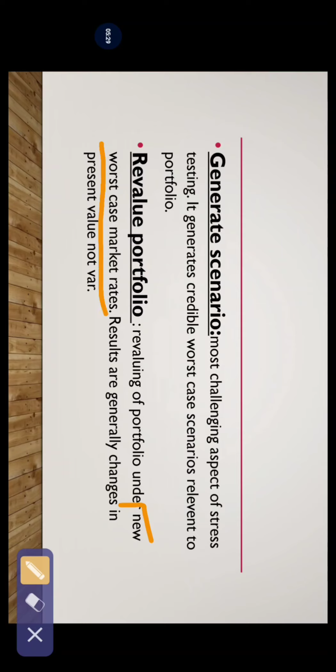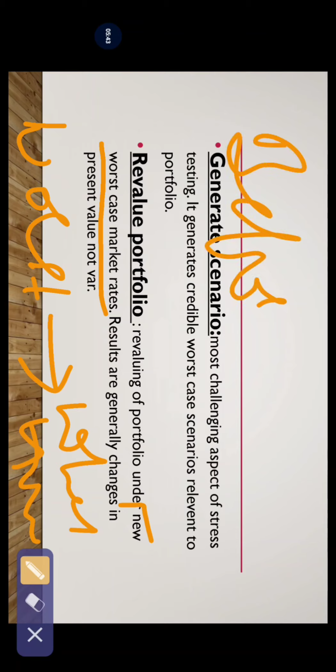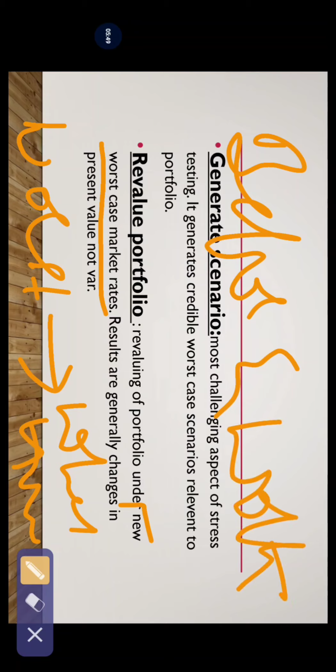So today some worst cases have happened. In this worst situation, how and where is our portfolio standing? That is comparing before and after the financial crisis. What is the value, what is the worth of our portfolio? So here one note has been provided that